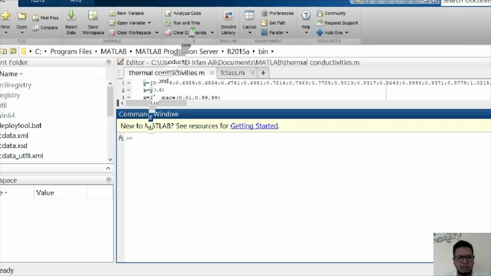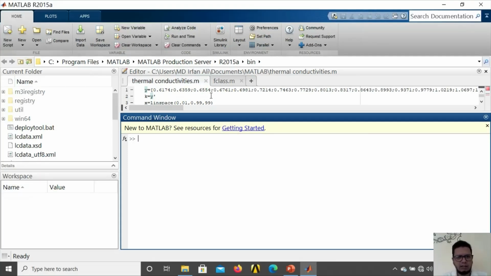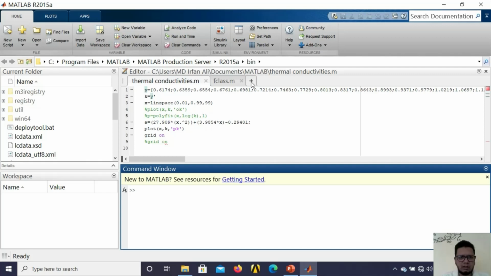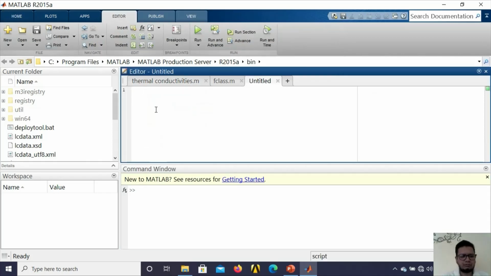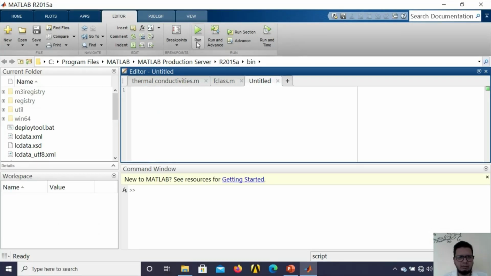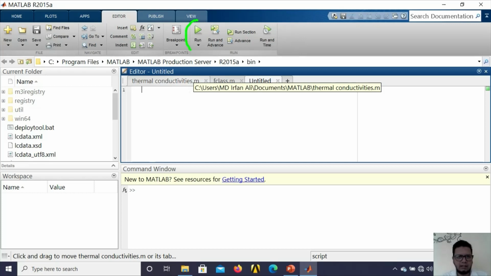Then you have the editor window. In the editor window you can write your big programs, your codes, and then you can execute them by clicking on the run button, and then your program is executed.